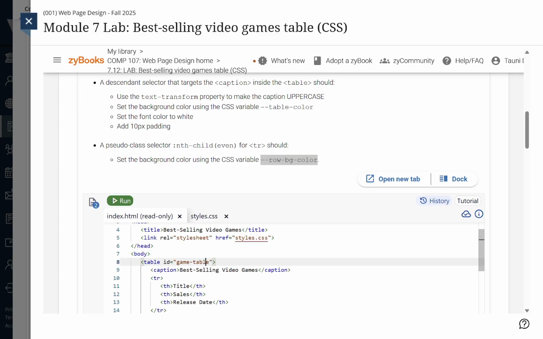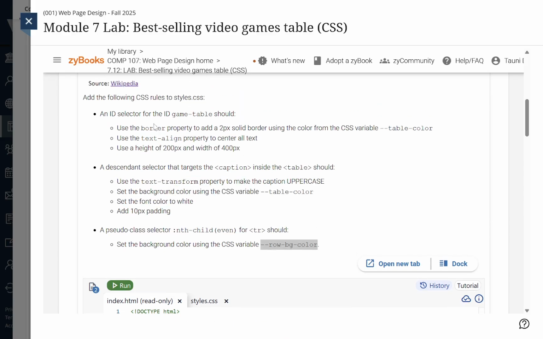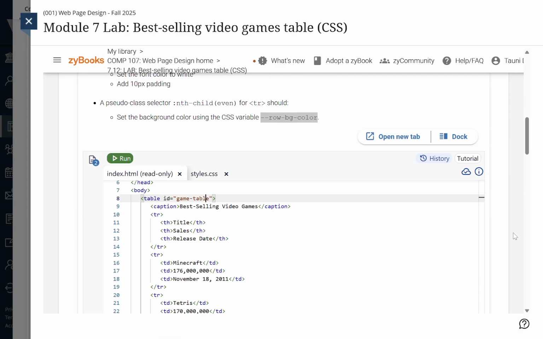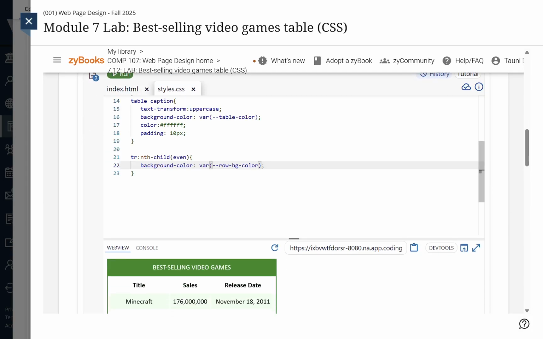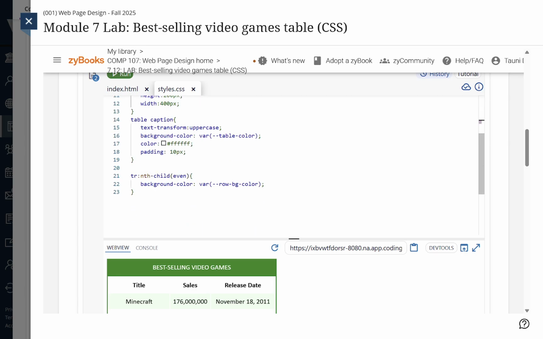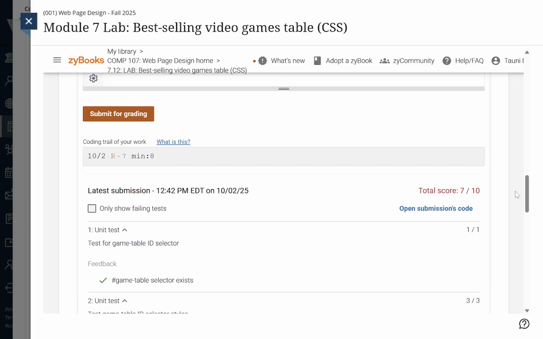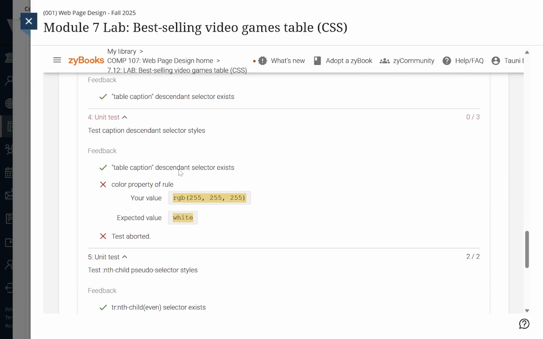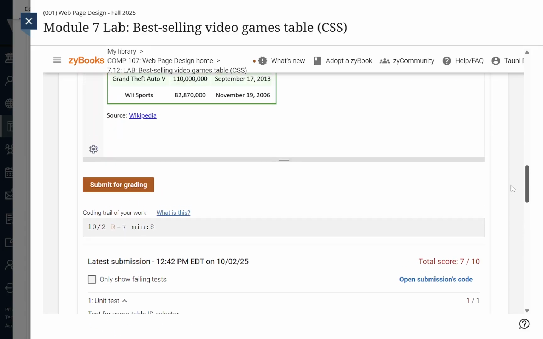ID game table. That's what? Oh, I see. I gotta wait for it to go red. Oh. Okay. Okay. See,